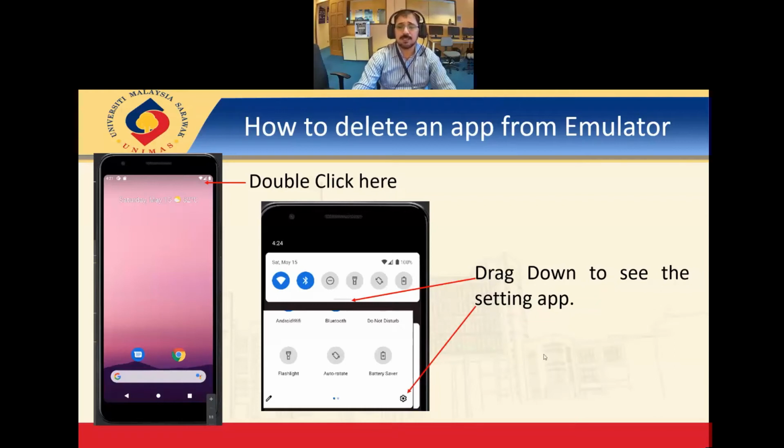So how to delete an application from the emulator? The procedure is very simple. If you can see the very left hand side here, when you click this one, then you will get this menu. Okay, I think I should do it practically. Then you will get this menu, and when you drag this one down, then you will get the